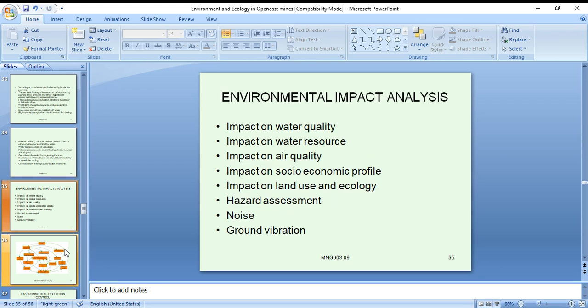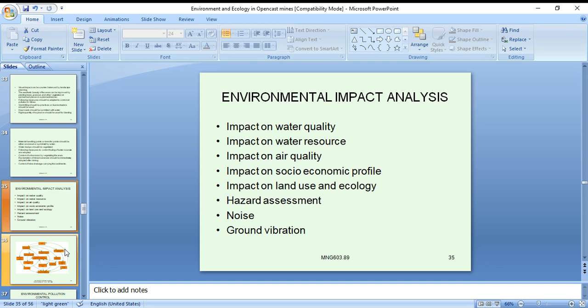Environmental impact analysis: impact on water quality, impact on water resource, impact on air quality, impact on socio-economic profile, impact on land use and ecology, hazard assessment, noise, and ground vibrations.